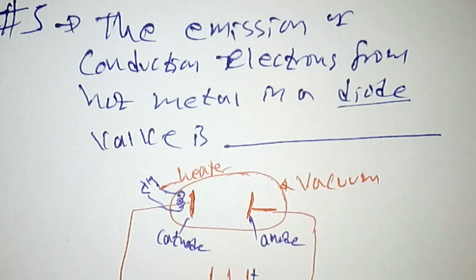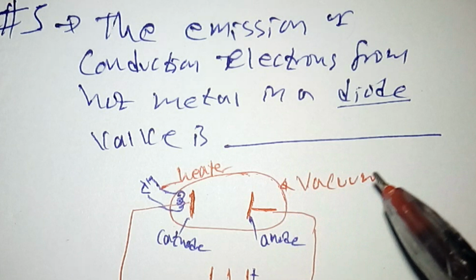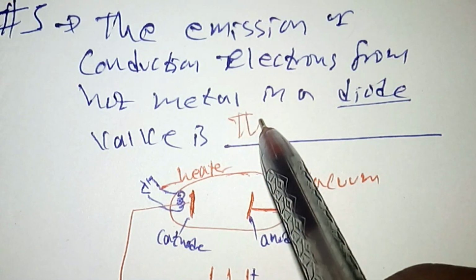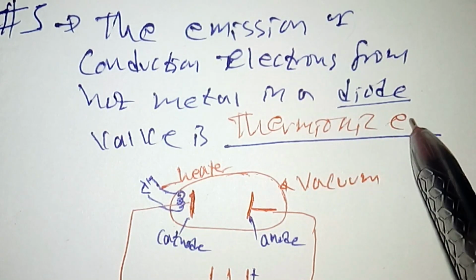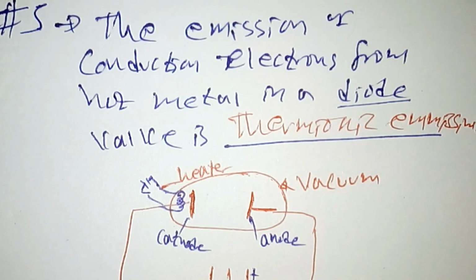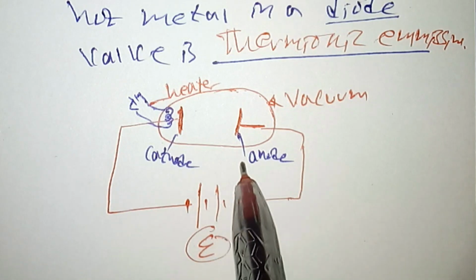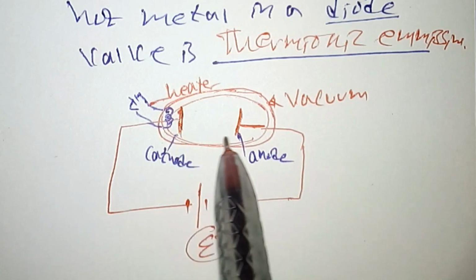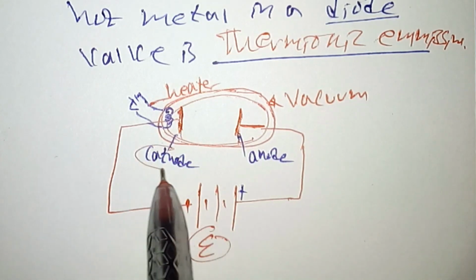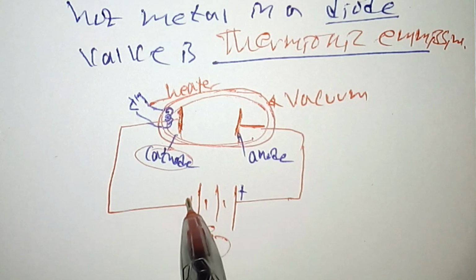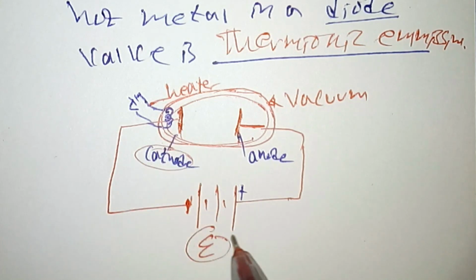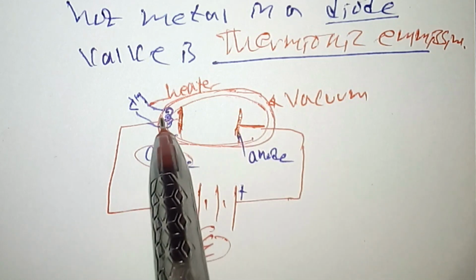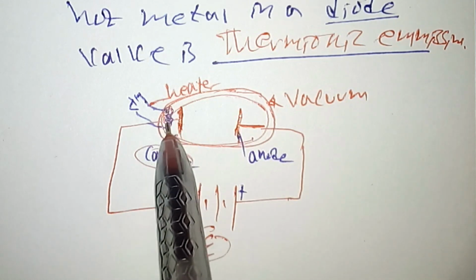The emission of conduction electrons from the hot metal in a diode valve is known as, so it is obvious, thermionic emission. Thermionic emission means that when a high voltage is connected to a vacuum diode, a vacuum device with a cathode and anode, the cathode is connected to the negative terminal of the source and the anode is connected to the positive terminal of the source, and the electric heater